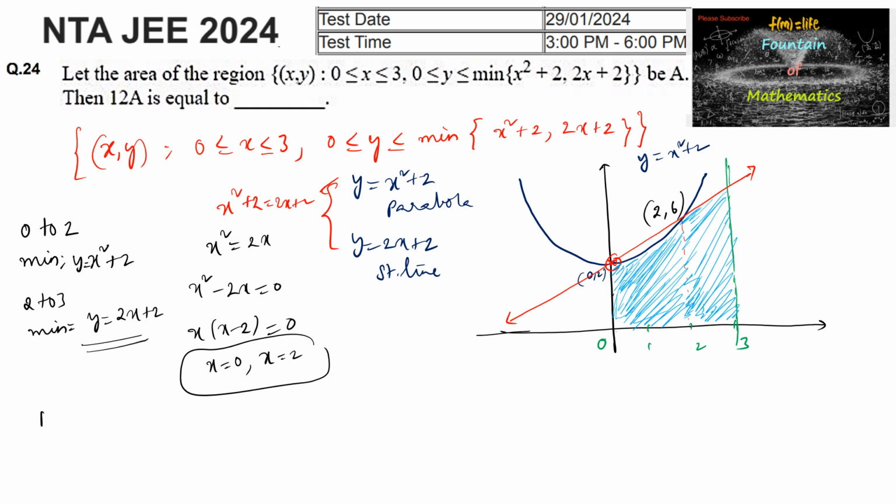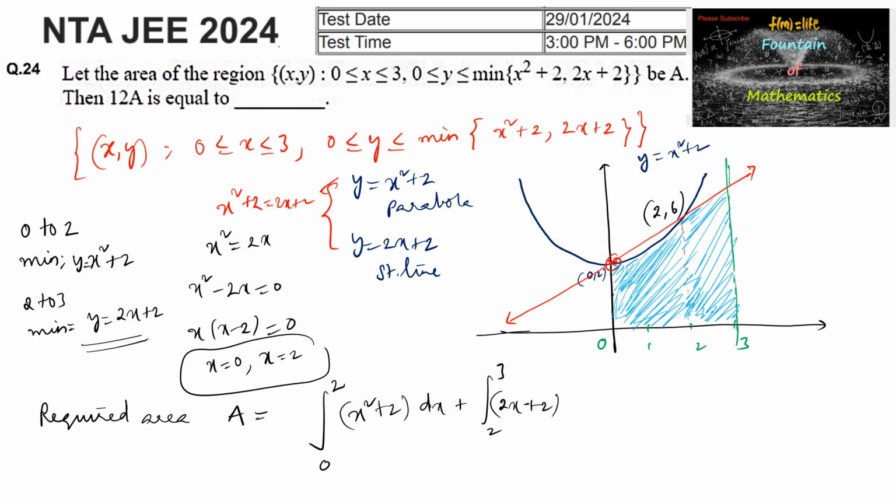So the required area, let us take A is equal to the integral from 0 to 2 of the parabola, x squared plus 2 dx, and again from 2 to 3, we can consider the straight line, that is 2x plus 2 dx,